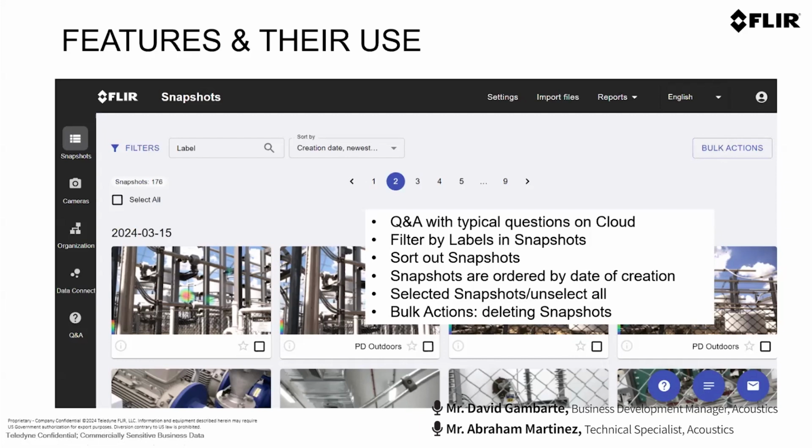We always recommend taking different snapshots of the same phenomena. So if you find a partial discharge or a leak or a mechanical fault, we always recommend not just taking one snapshot, but taking a few of them. So at the end of the day, when you visit the snapshots on your computer, you will be able to say, okay, this is the best snapshot I got because I see really well where this partial discharge is located, for example, and the calculations are right here, so everything is clear. I can work on this snapshot. The rest can be deleted, if you consider it needed.